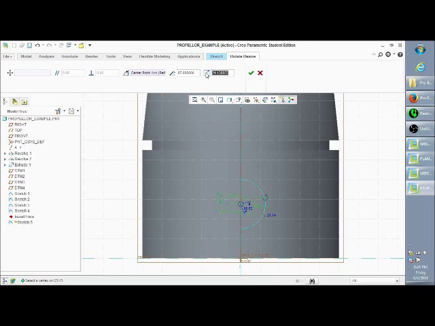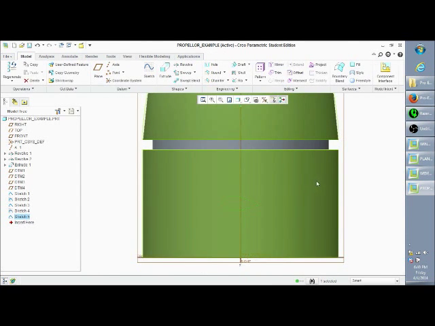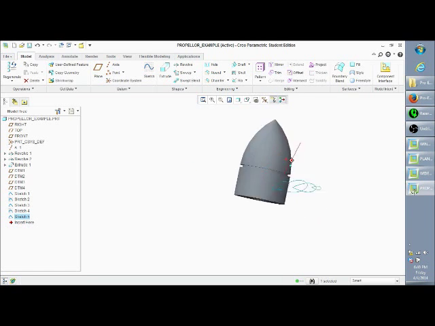For the scale for this one, we want it to be 20 degrees. So everything looks good here. So I'm just gonna go ahead and click the green arrow. Then I'm gonna hit OK here because everything still looks good. And so if you zoom out and rotate it around, you kind of get an idea of how the program is gonna go ahead